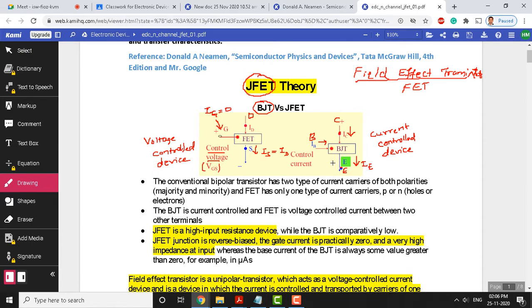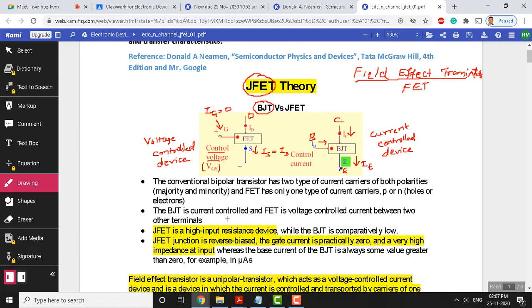Okay, so what we mean by this point here is the bipolar junction transistor. Here both majority and minority carriers are the current carriers in this BJT, whereas in case of FET, either the electrons or holes, any one of those will act like a majority carrier. So here both are not responsible for the current flow in the FET, whereas in BJT both are responsible for the current flow. You should consider both electron current and hole current, then based on that we can take up total current, whereas here it is only majority carrier current, either electron current or hole current, not both.